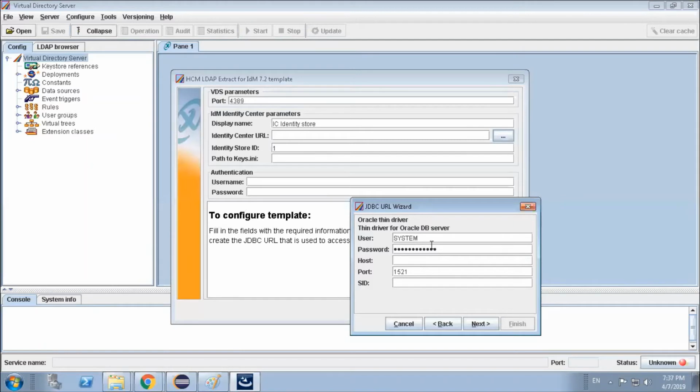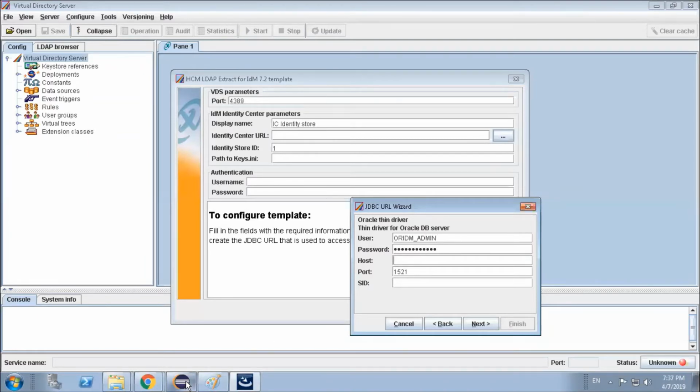Do you have the password of that schema? OR IDM underscore admin, same password. So if this user ID has full access to all the schemas, then we can add this user ID.